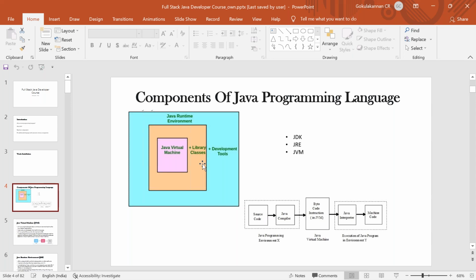So once you get the JRE, obviously you have the JVM, right? So the JRE in turn has a JVM. So my code can be easily converted to zeros and ones on your machine, and your machine can understand it. You are using a Windows machine, so it can understand. If I want to install the same code on a Linux machine, there also I need a similar setup, because the zeros and ones conversion for a Windows machine and for a Linux machine won't be the same.